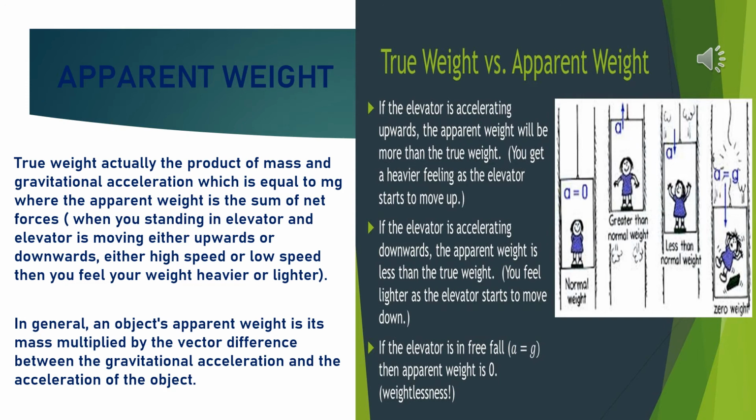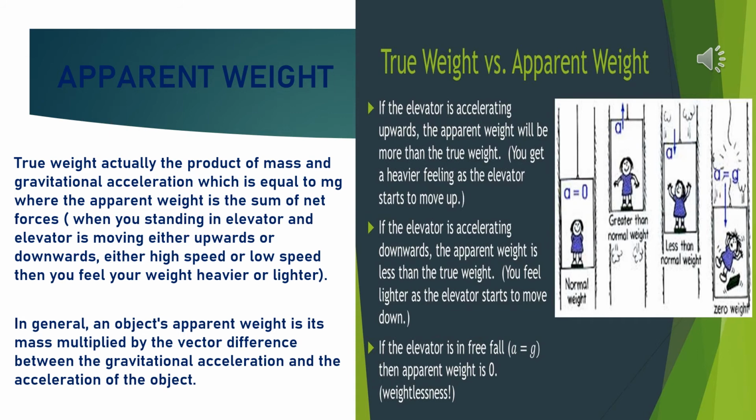Third diagram, if the elevator is accelerating downwards, the apparent weight is less than the true weight. You feel lighter as the elevator starts to move down. And see the fourth diagram. If the elevator is in free fall, that is, acceleration a is equal to g, acceleration due to gravity, both are equal, then apparent weight is 0. That means you will feel weightlessness. So these are the four cases from which I hope you have understood the actual idea